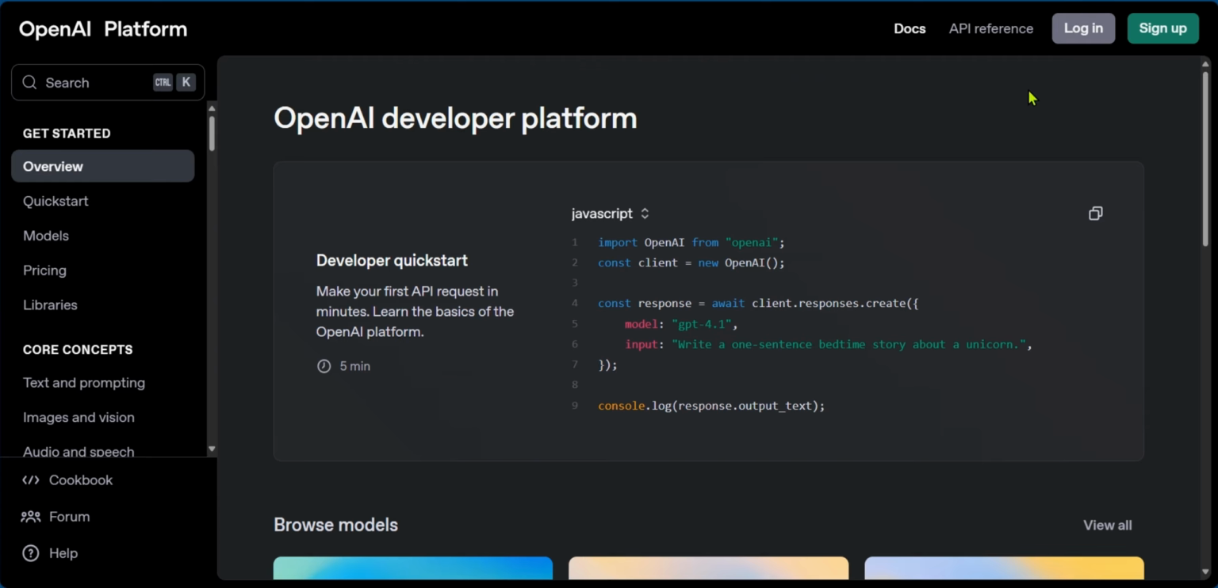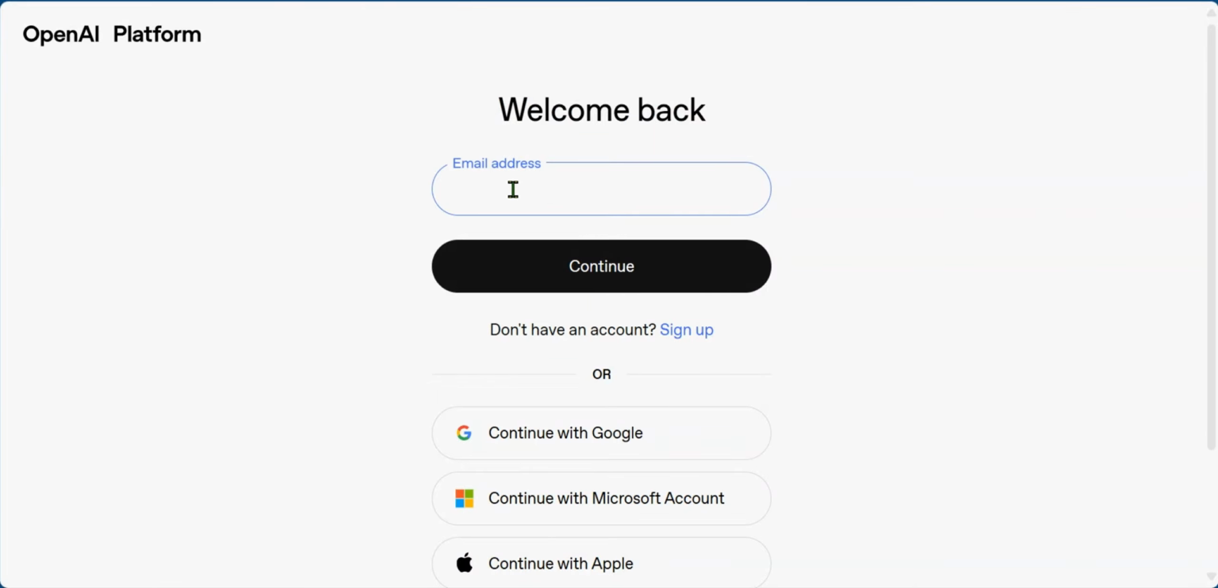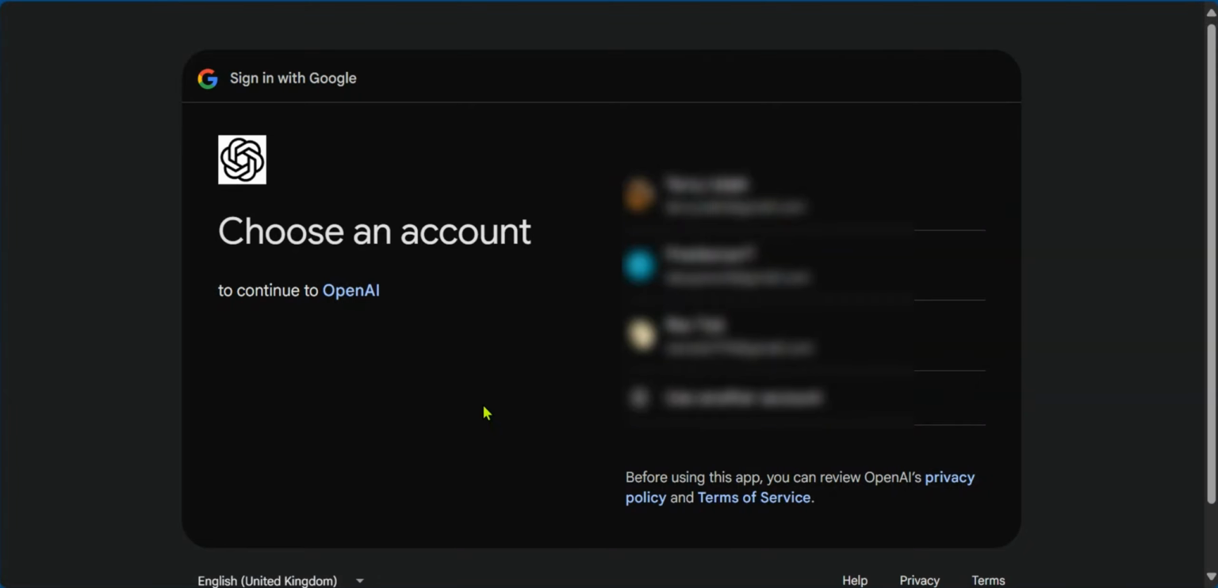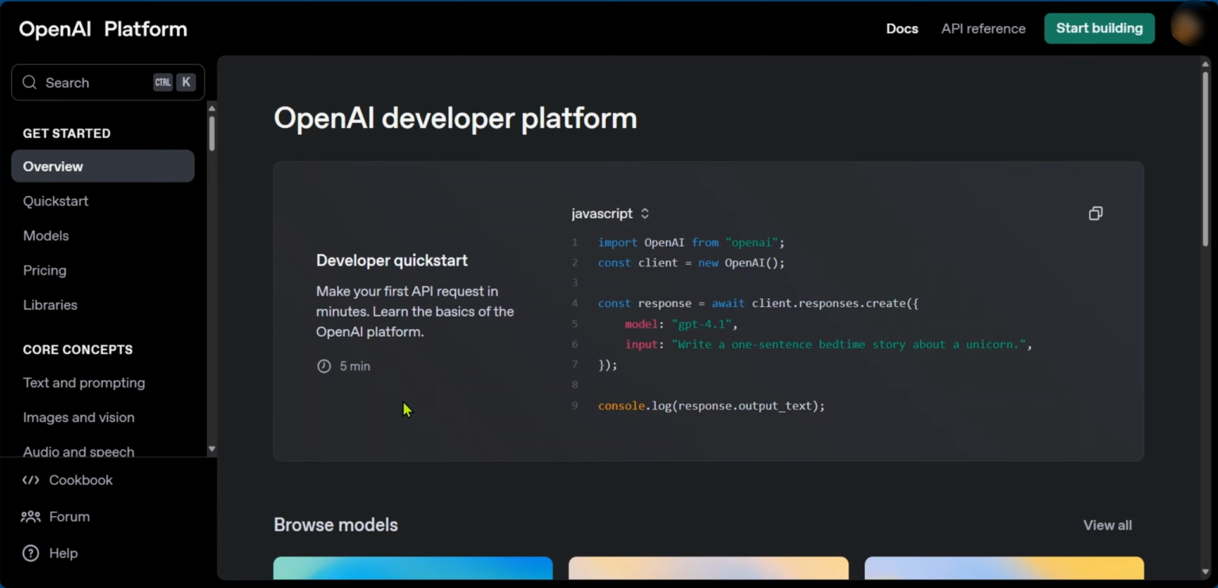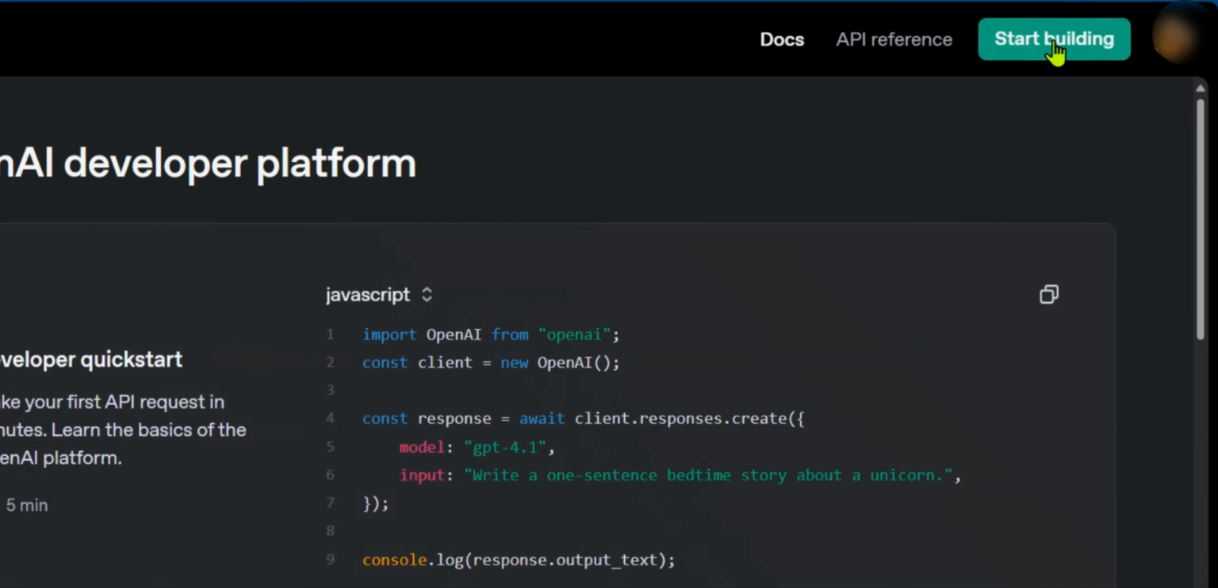Once you get here, all you'll need to do is to click on log in, then log in using your email address or continue with Google. We will be continuing with Google, then we will be selecting an account which we'll be using for ChatGPT. And now once you're logged in, you'll need to go over to the top right area and click on Start